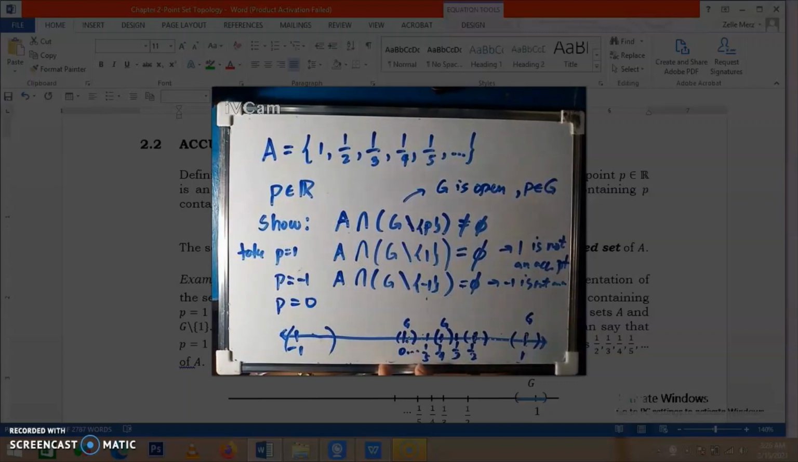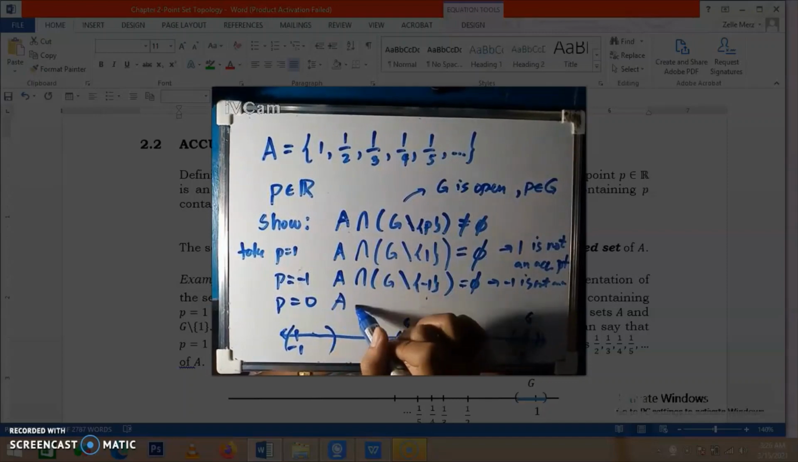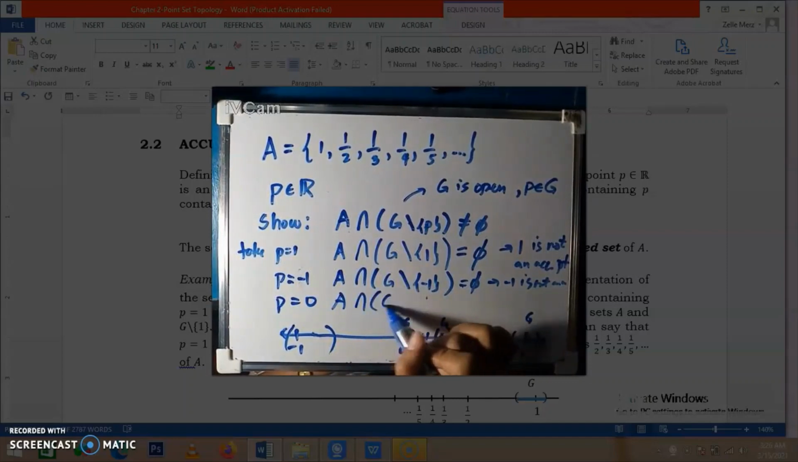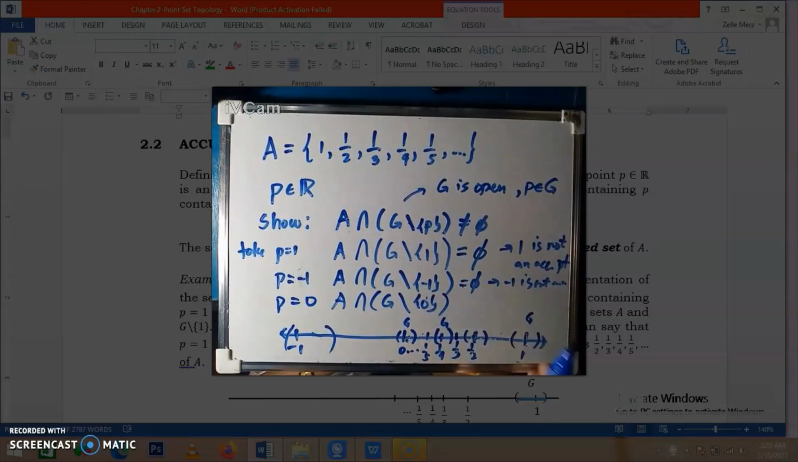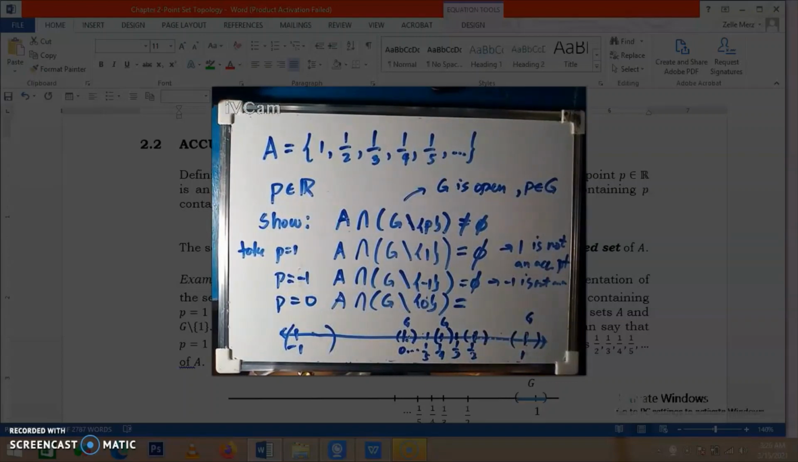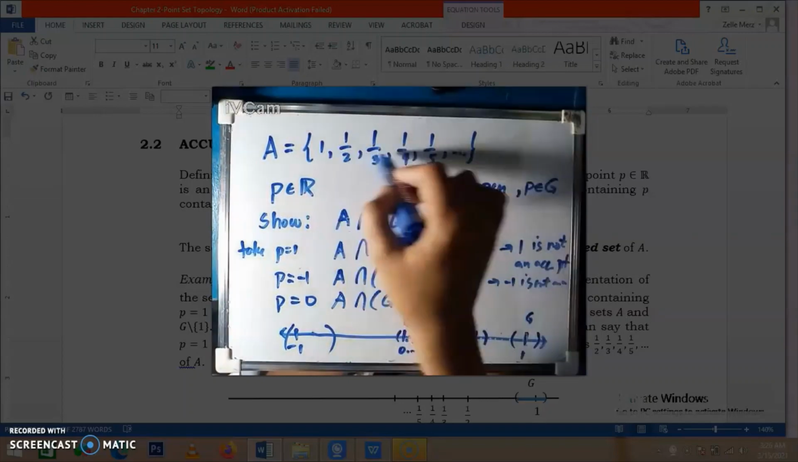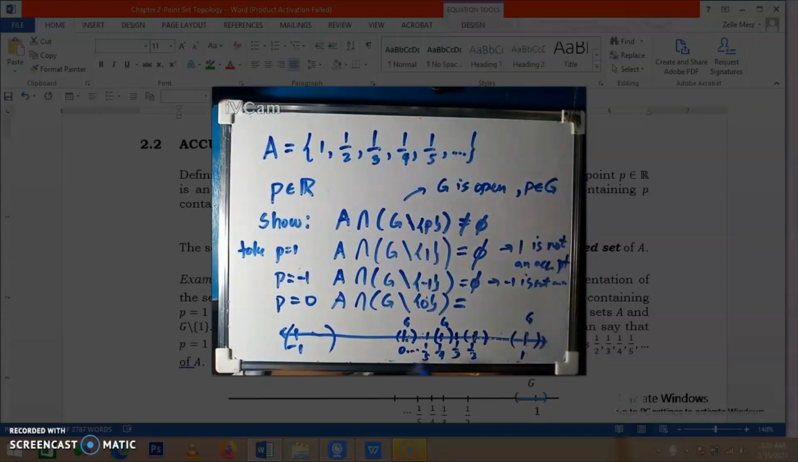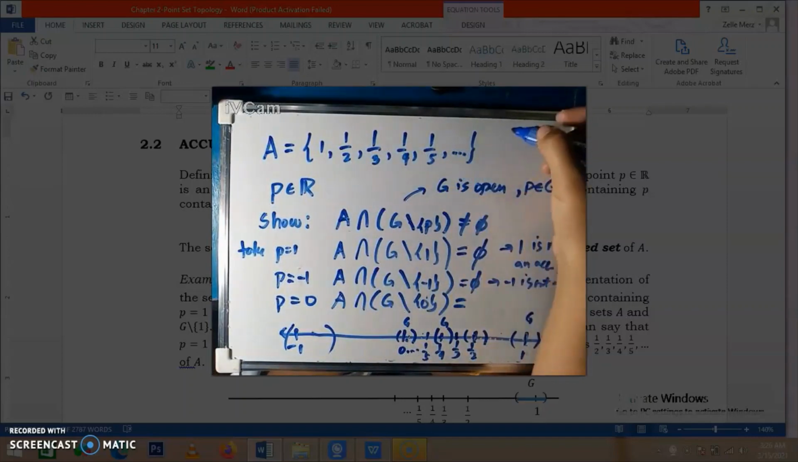Okay. Most of the elements in A are getting closer to 0, or they approach 0. The elements approach 0. Therefore, if we are to take the intersection of A and G minus 0 here, there is an element in common, right? Because, again, the elements of A are getting closer to 0. So, as n approaches infinity,